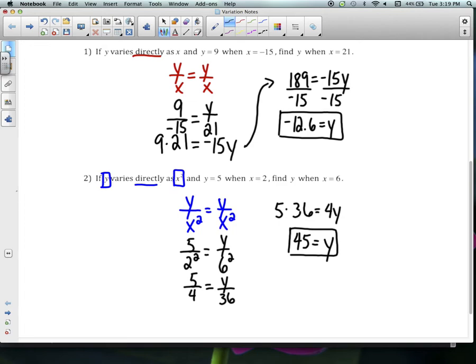You technically could go right through to the final answer from your setting up of your proportion. So that's direct variation. It's similar to just solving proportions like you've done in Algebra 1 and before that. Second type is